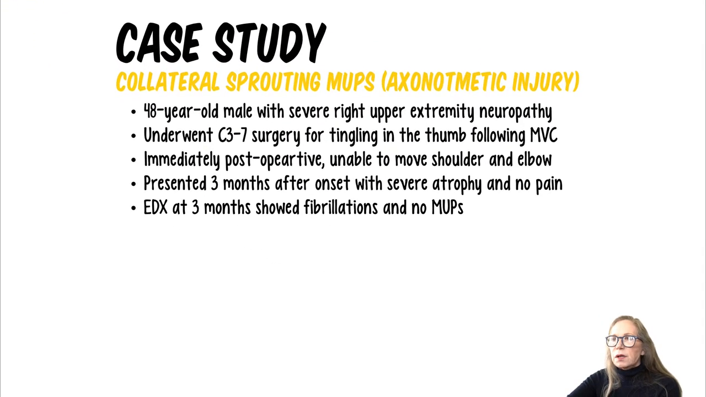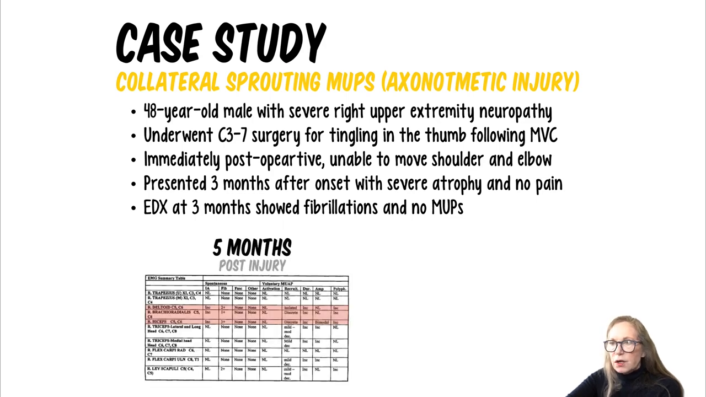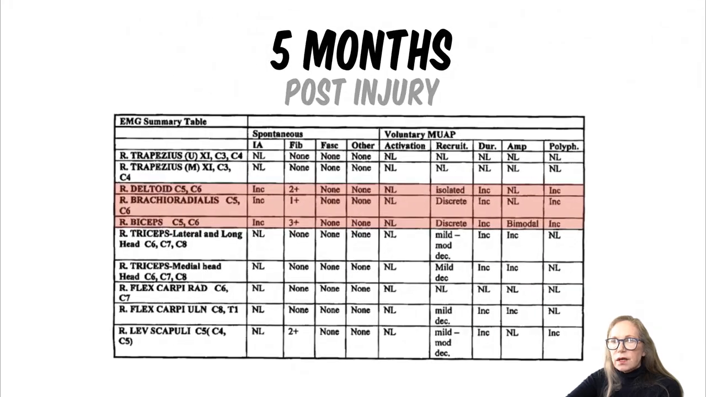So this is an example of collateral sprouting. And you can read this story on your own. But at 3 months, this gentleman showed fibrillations and no motor units. So it would suggest that it's not an axonotmetic 2 injury. By contrast, at 5 months, you can see that in the deltoid and biceps, he has fibrillations,